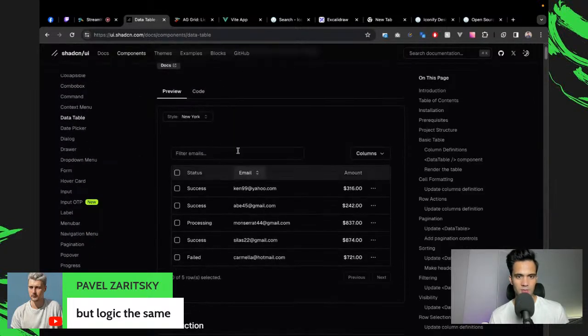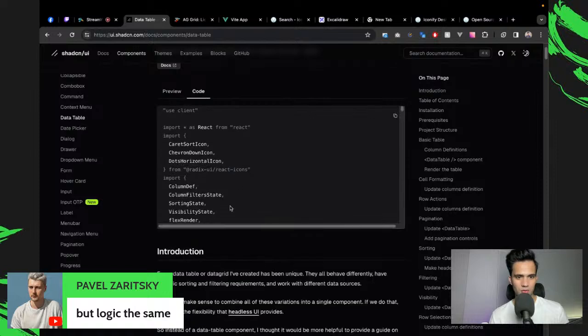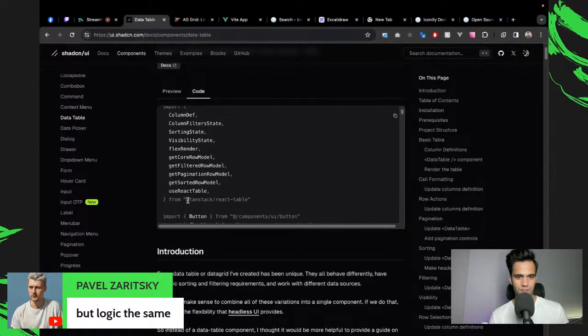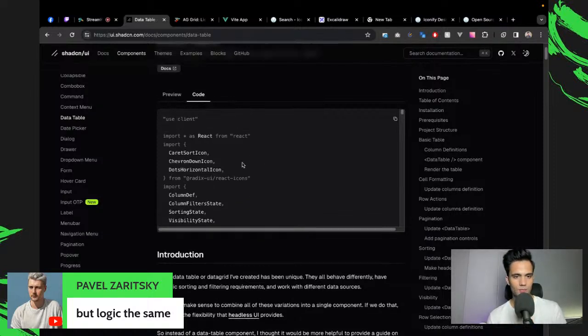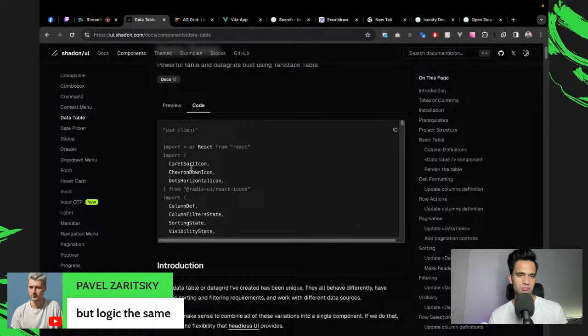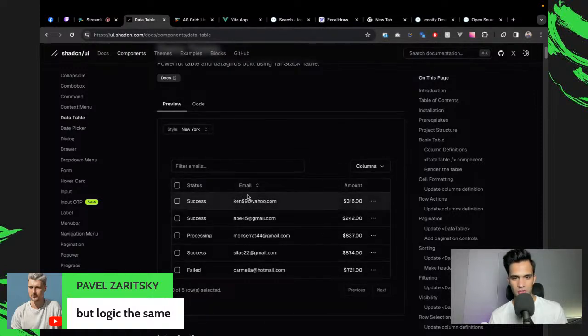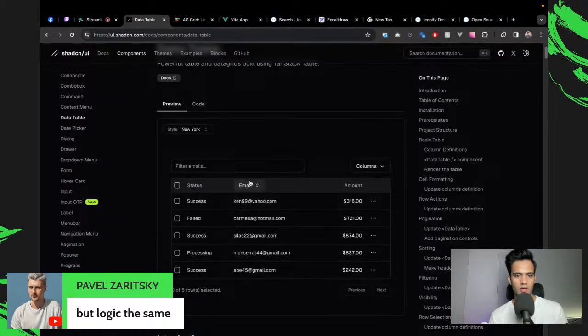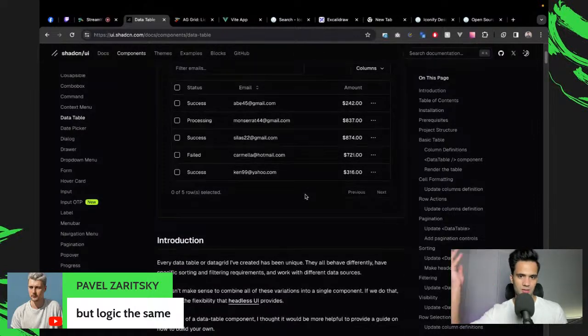Let's go to the data table, and if you look at their code, see, they're using TanStack Table. So that was quite interesting that even shadcn is using them. That means these tables are good. They have the sorting and all. But again, these sortings are usually on the front end. I think you can hook into the event and then make the API request and all.